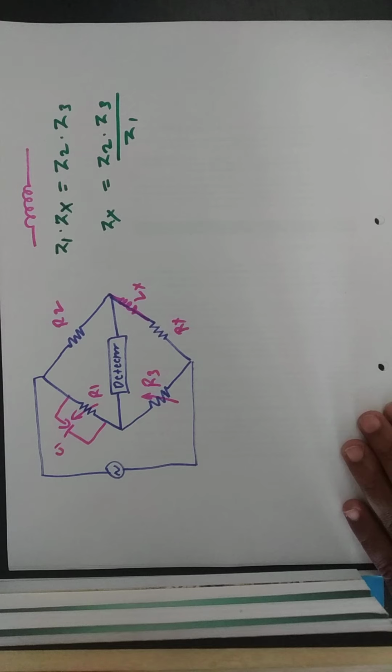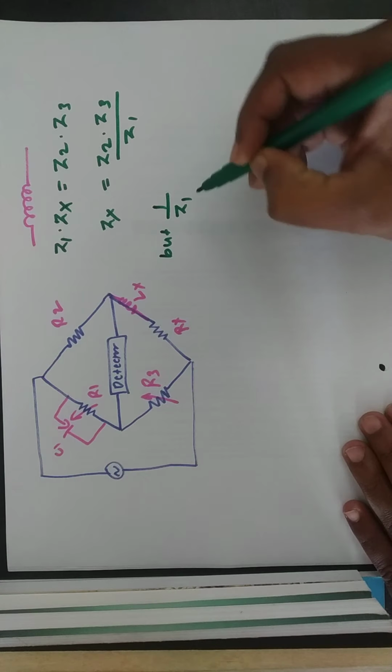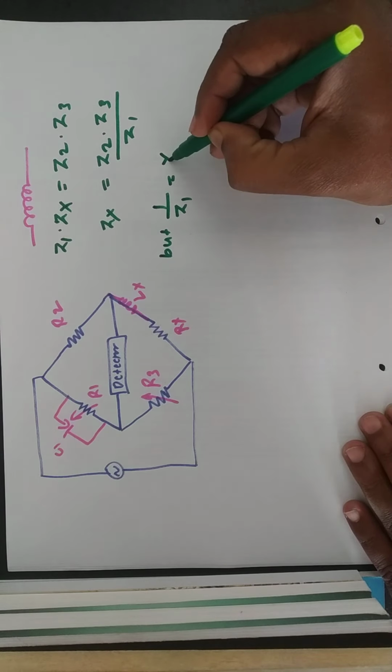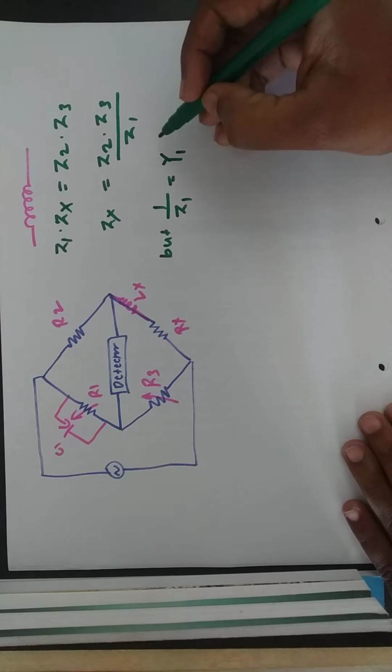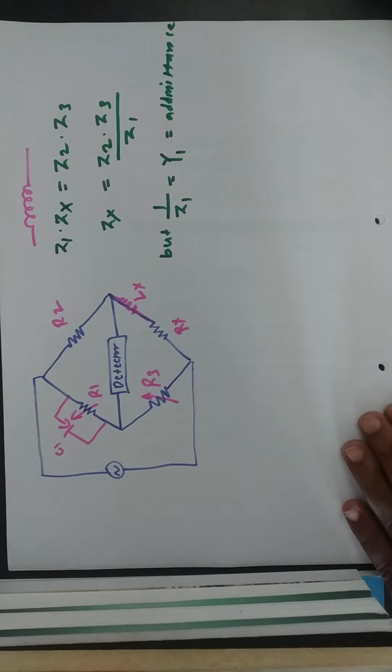But as we know, there is another term, you may be aware, that is admittance, and admittance is nothing but the reciprocal of impedance. For example, 1 upon Z1 is the admittance Y, let's consider it Y1. And this is admittance, not double D, it is single D. Basically, admittance is a measure of how easily a circuit or device will allow a current to flow.